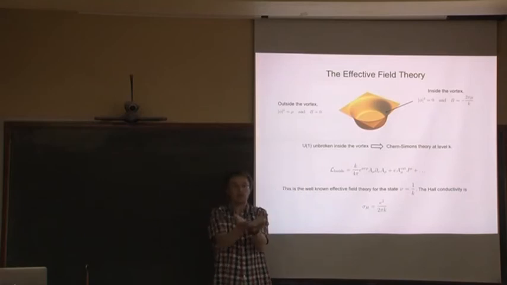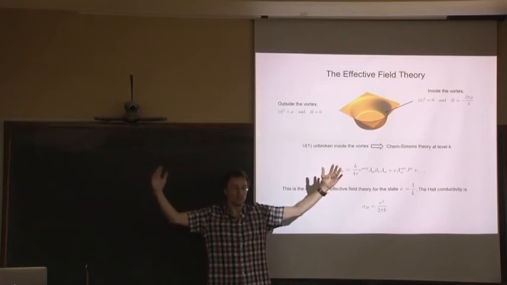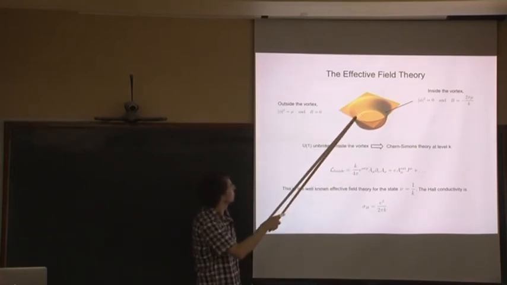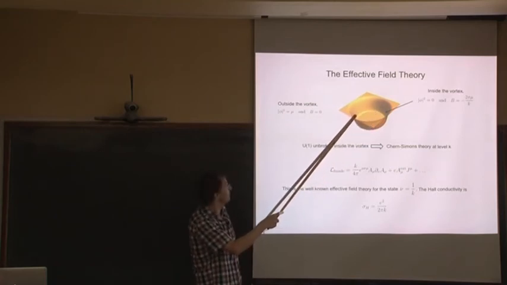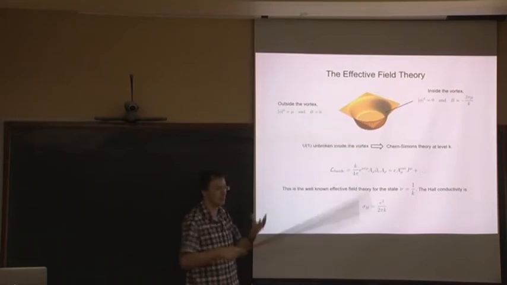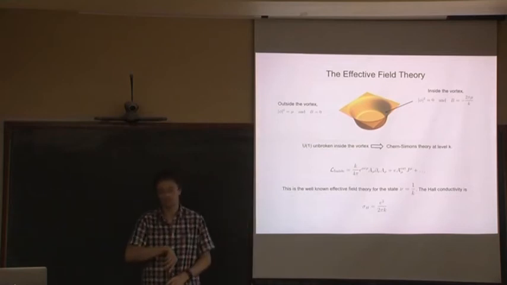But then there's a boundary of that region where outside the U1 is broken. And so the idea is that this is the quantum Hall droplet, and the edge of this is going to be where interesting edge effects happen. And outside is just some boring vacuum. Okay, so we've dynamically cooked up this kind of droplet out of quantum vortices.